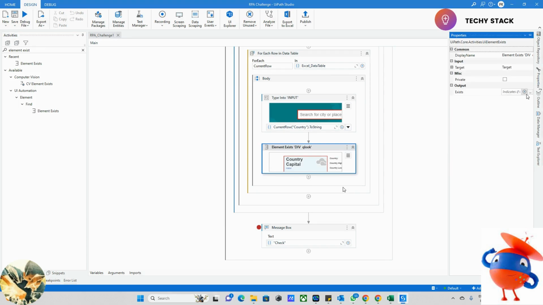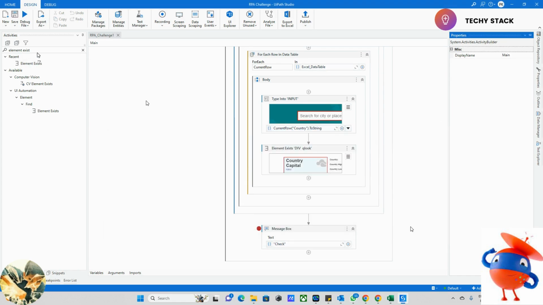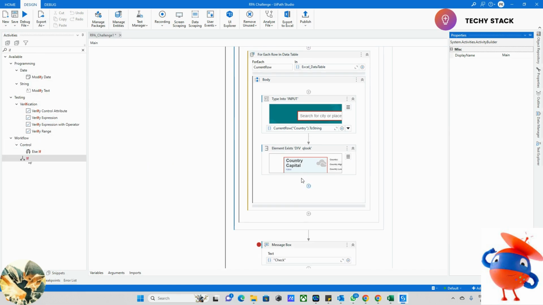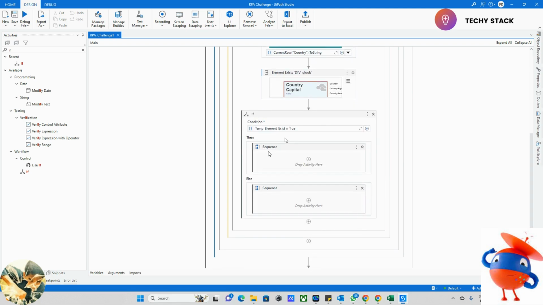After that, I need to make it as one variable here. I'll make temp element history. I'm checking here whether temp element exists, for that I will take if activity, drag and drop the if activity and check temp element. Temp element exist equals to true. Okay, if it is fine, then what we need to do, we need to read the data and upload it